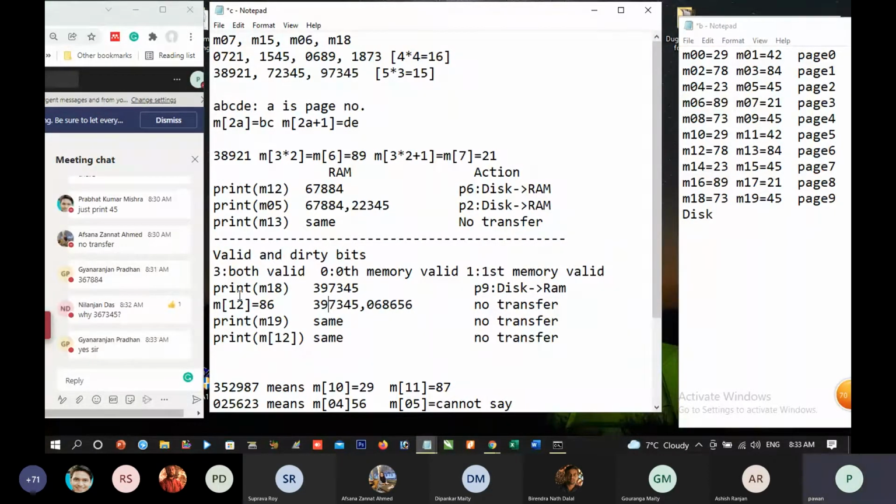We shall try to use this M12. The value printed will not be 78. The value printed will be 86. Any mistake? You see, print M19 will mean print 45. But print M12 does not mean print 78. It means print 86. The value of the disk has been hypothetically overwritten. Now, program over.